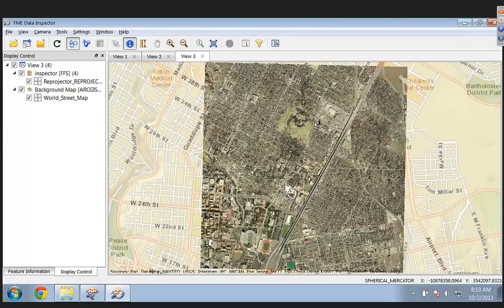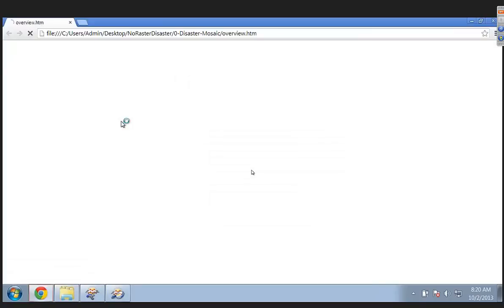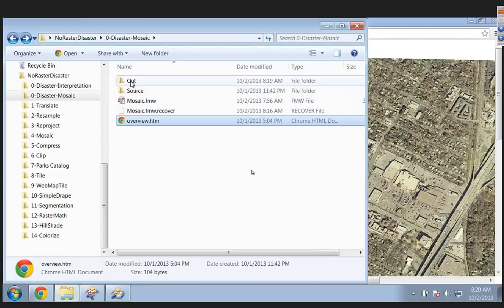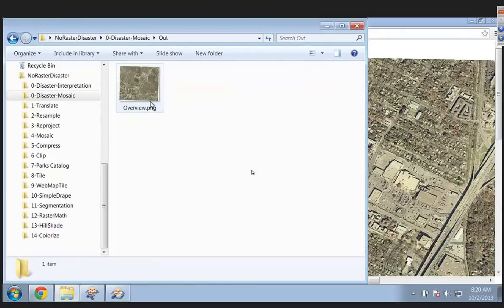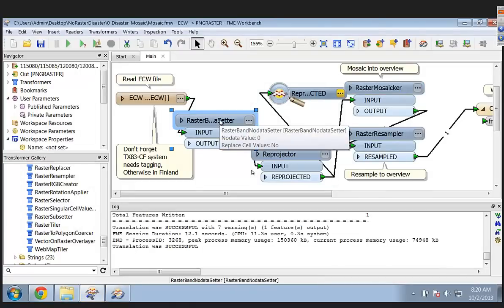And see, it came up nicely in my little inspection thing. We're not seeing these black things anymore that were there. So now, if we go back and look at our overview, because we've produced it again, oh, isn't that nice, Dave? Yes, it is. And let's take one last look at our little thumbnail, and it looks healthy too. Yes, it does. All is well. So there's a minimal, not really a disaster, but certainly an inconvenience averted by being careful about no data.